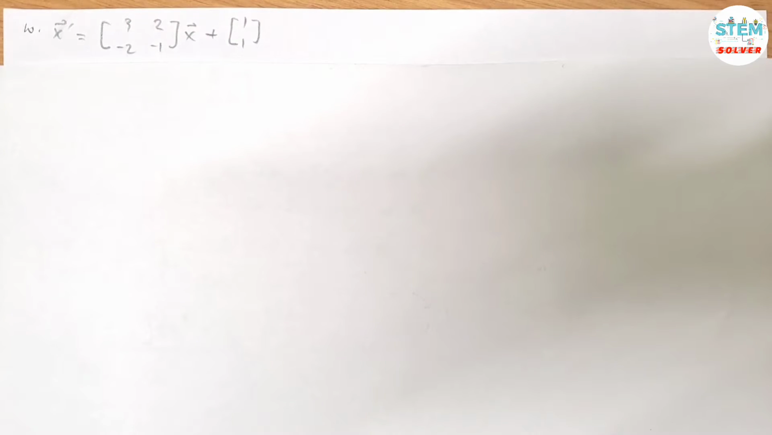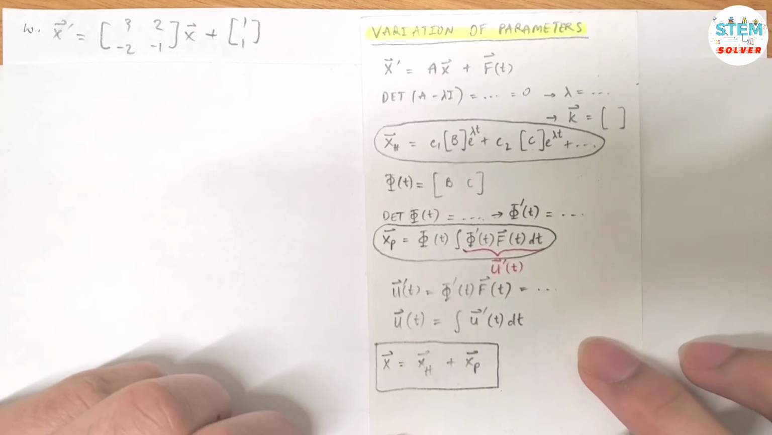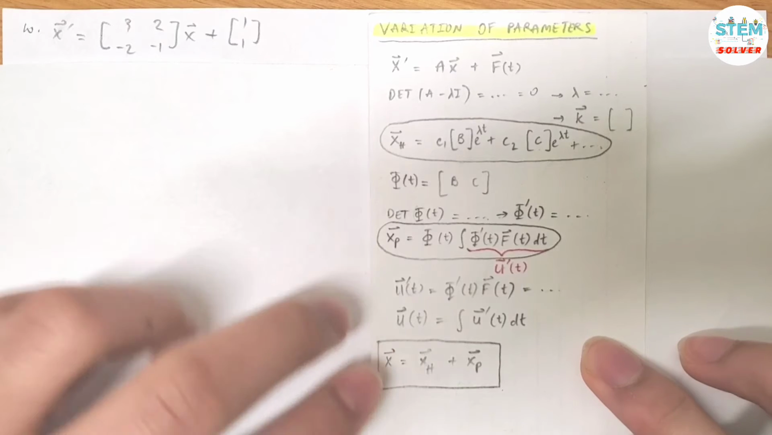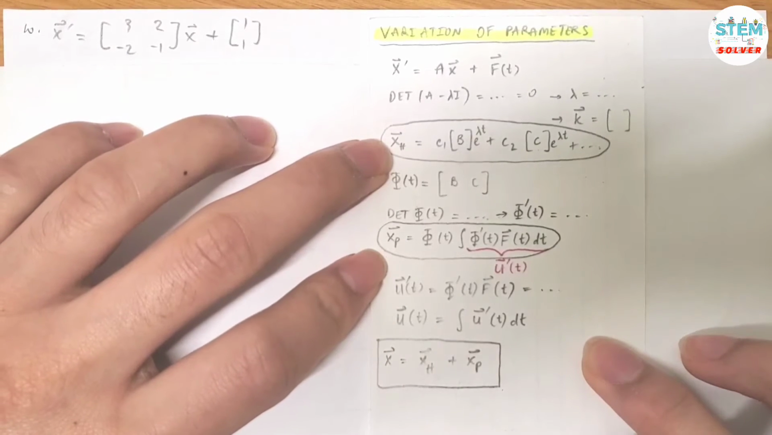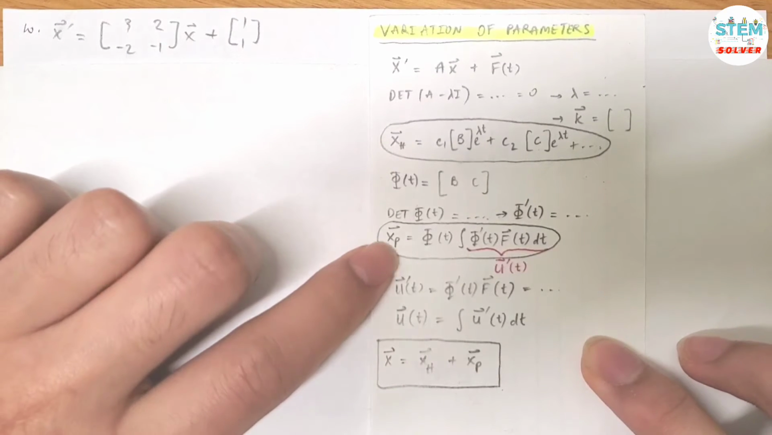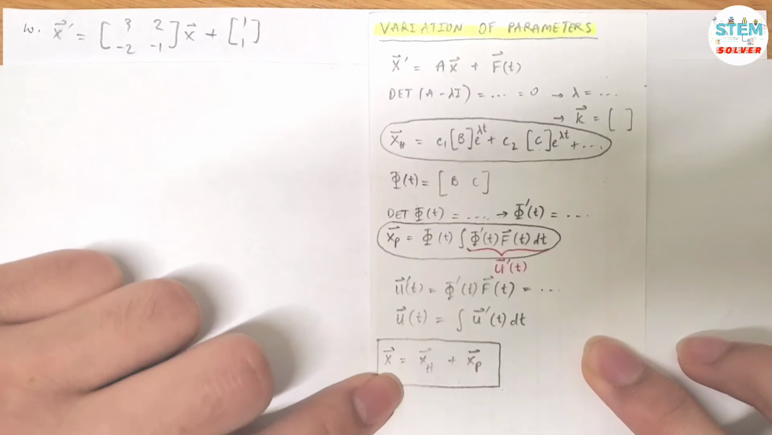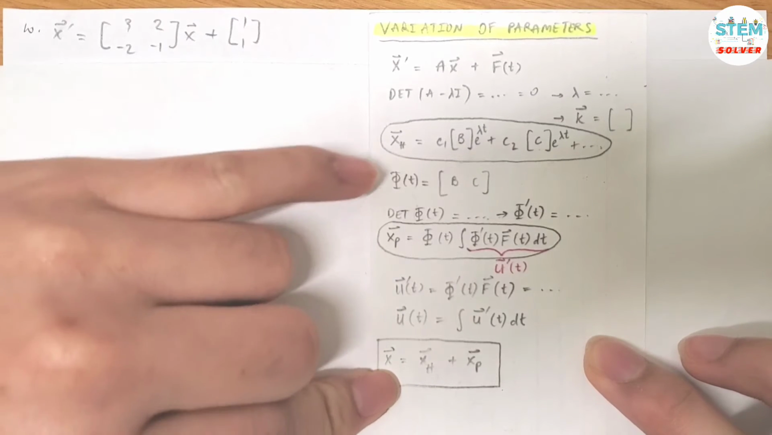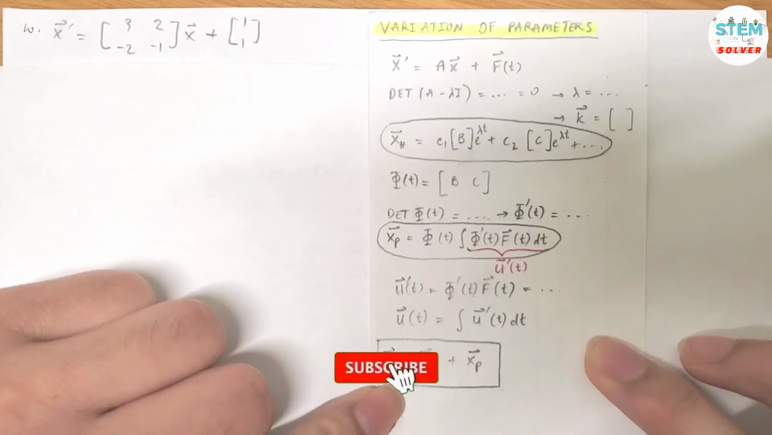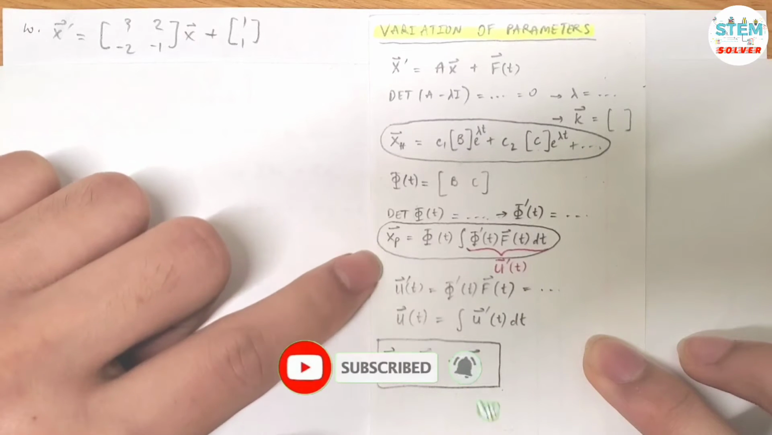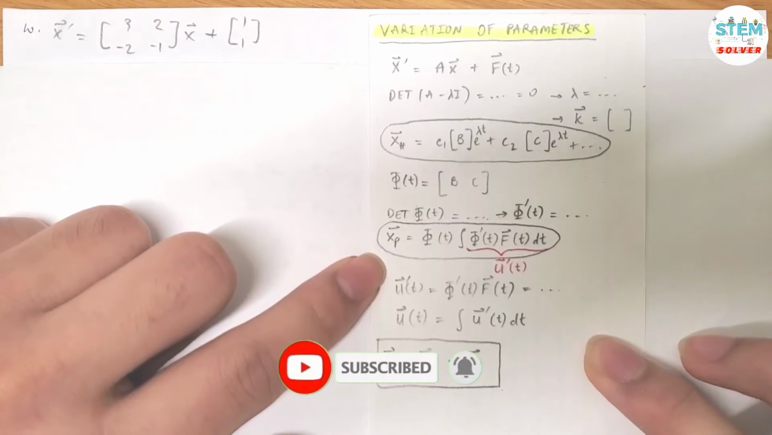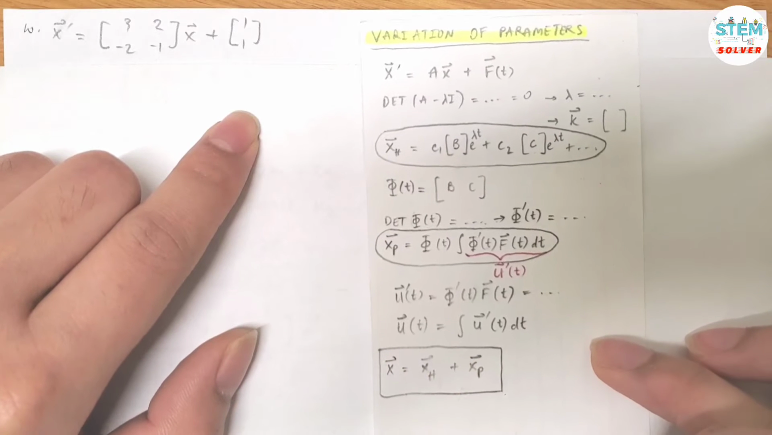Use variation of parameters to solve the given system. So here are the steps you need to do in order to use that method. First find the homogeneous solution, then find the non-homogeneous solution, and your final answer is equal to the combination of the homogeneous part and the non-homogeneous part. Okay, so here are the general steps, and I will walk you through it